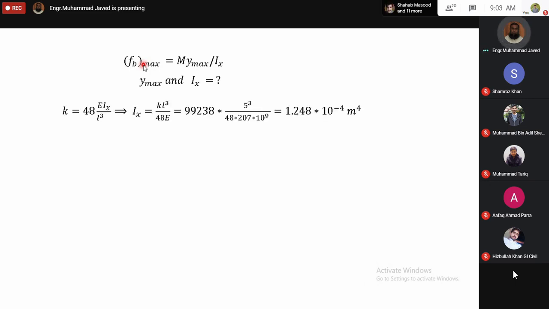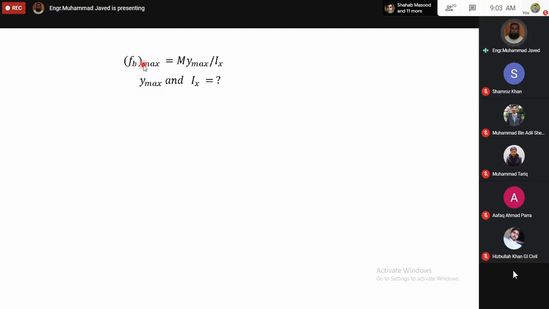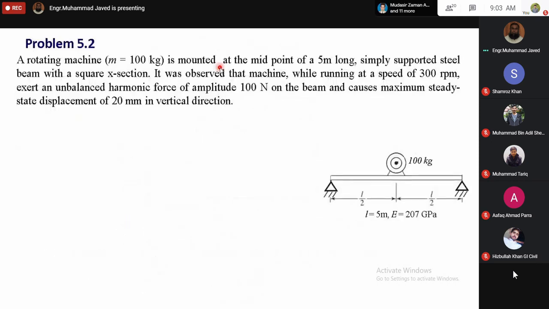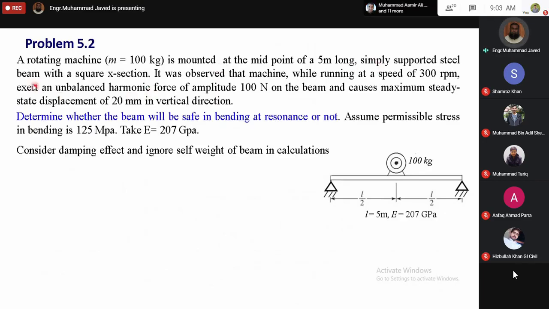अच्छा अब मसला क्या है कि बेंडिंग फ्लेक्चर फार्मूला अप्लाई करने के लिए आपके पास y और I की जरूरत है जो कि मालूम नहीं है हमें। अलबत्ता ये इंफॉर्मेशन प्रोवाइड की गई है सिंपली सपोर्टेड स्टील बीम विद अ स्क्वायर क्रॉस सेक्शन, तो लिहाजा विड्थ और डेप्थ जो है वो दोनों इक्वल होंगी।